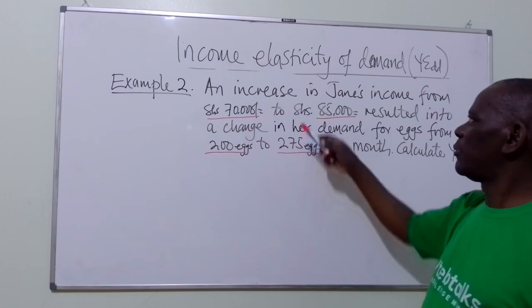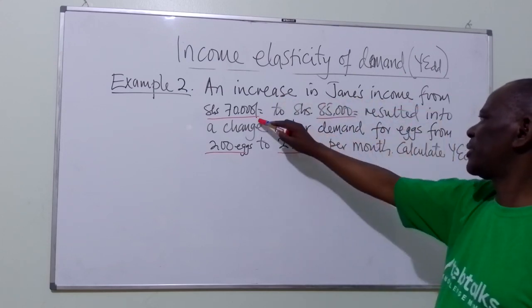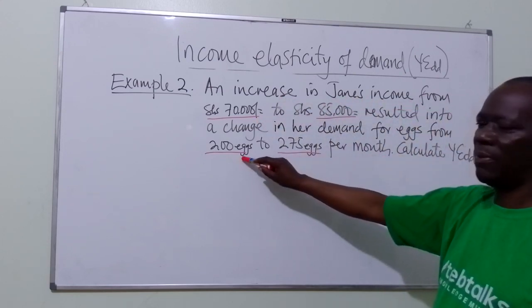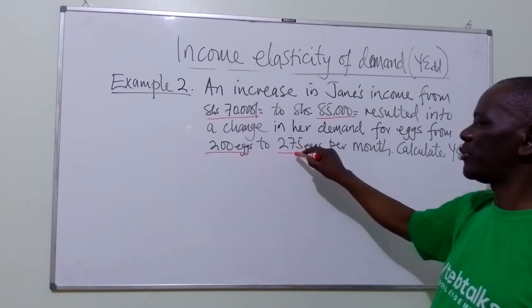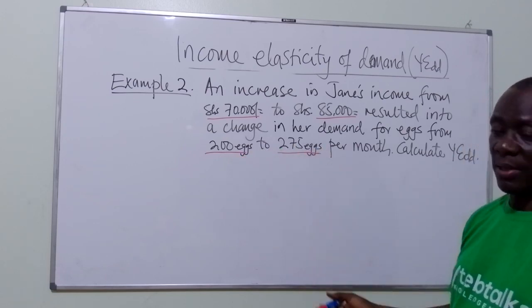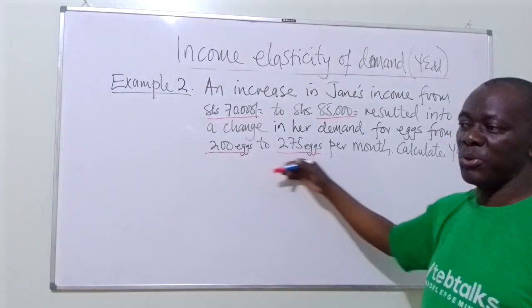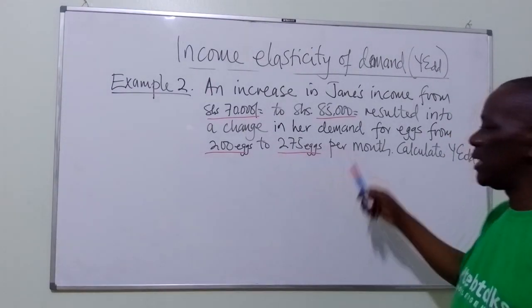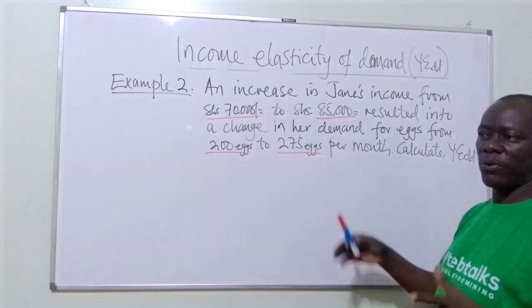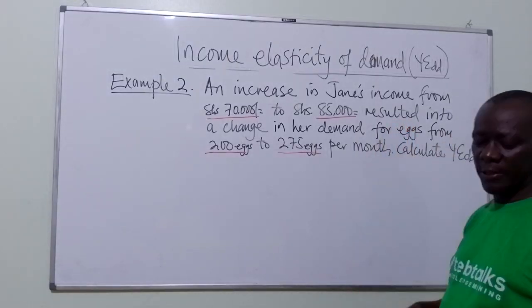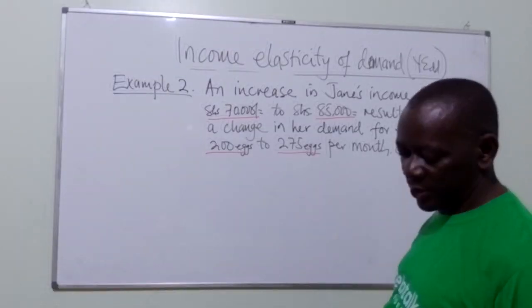She may not be alone. We are looking at Jane's income from this to this, resulting into an individual who may not consume this alone. She might be having a big family, which consumes most of these eggs. But you see that at home, they were also very eager to have more eggs. Now, this is the